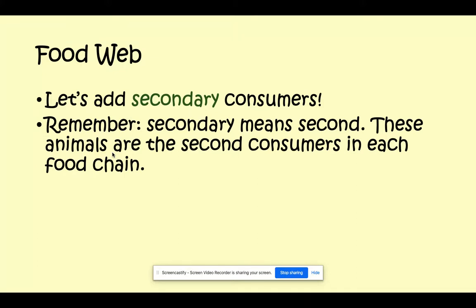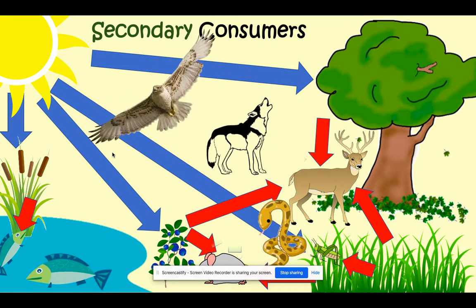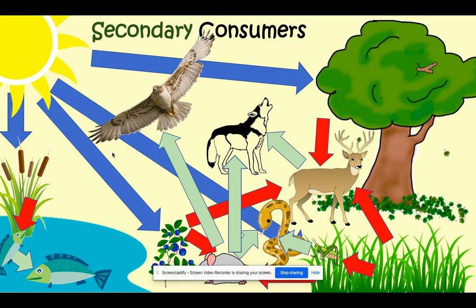So a secondary consumer means second. These animals are the second consumers in each food chain. That doesn't mean they're the second one in the food chain because it goes the sun, then the producer, then a consumer. So secondary consumer just means it's the second one consuming. So in these examples, we go back to the deer. The deer's eating either the grass or the tree. Who eats the deer in this habitat? That's a wolf. So you follow that food chain: sun, tree, deer, wolf. Okay. You can probably spot a couple other food chains within